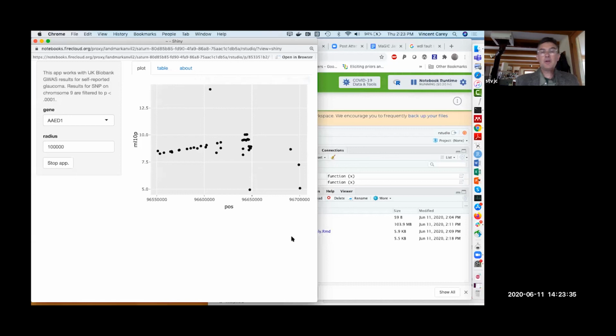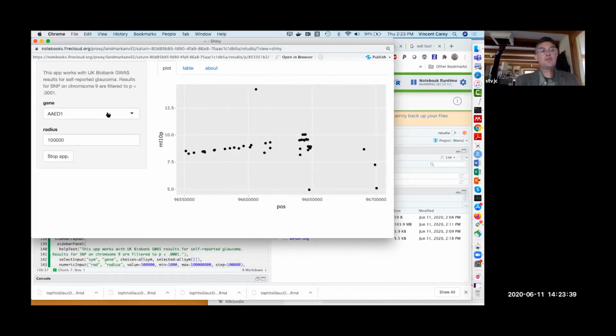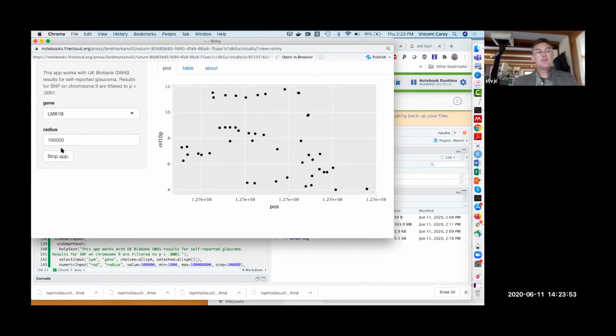And that window has inputs for gene selection. One that I like to look at is called a select input. So you can type some clues into what you want to look for. I want to look for a gene that I can't remember its name, but I know it has an X in it. Oh yeah, LMX1B. So if I look for LMX1B, I see that there are some SNPs that have 10 to the minus 12